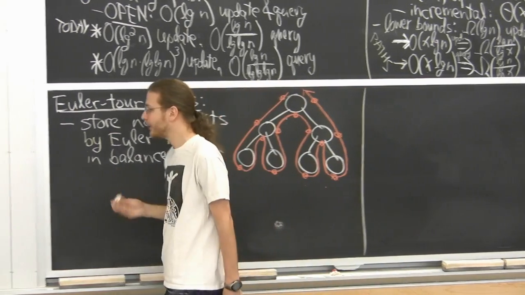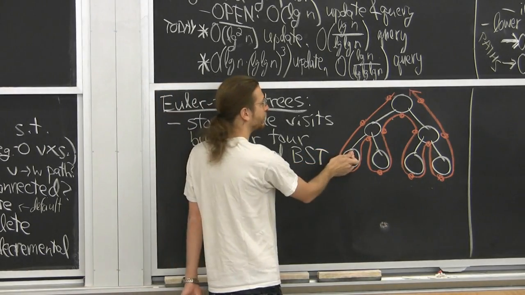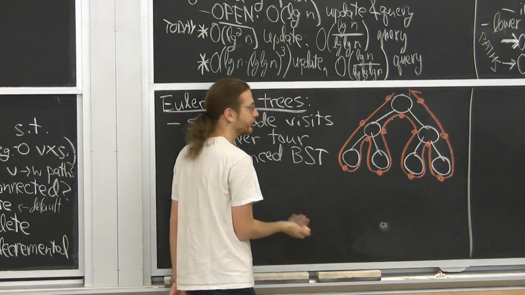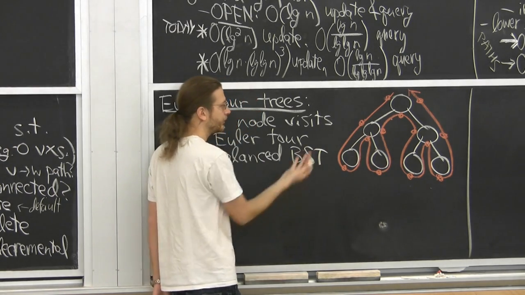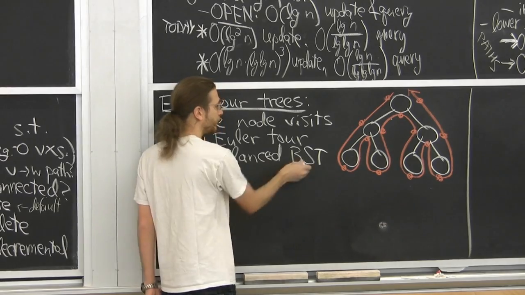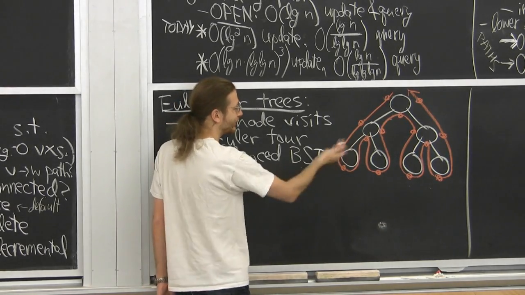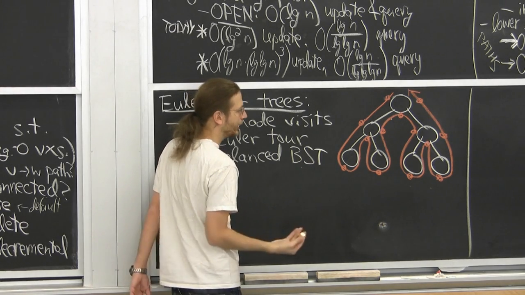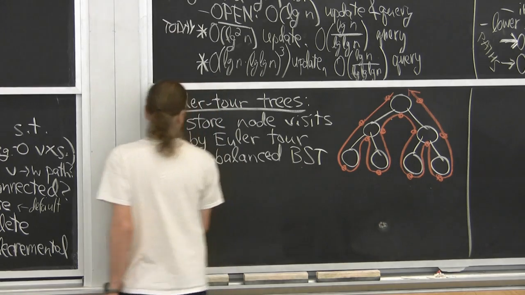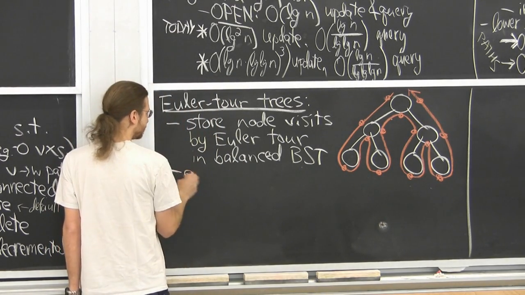This is, of course, a way to balance a tree in some sense. I drew a balanced tree as the thing we're trying to represent, but it could be a totally unbalanced thing. But when you do an Euler tour, you get order n visits, and you throw them into a balanced binary search tree. It's a bit of a weird thing because you're not really preserving the structure in an obvious way. But there's one more thing we store, which will let us do essentially whatever we want.